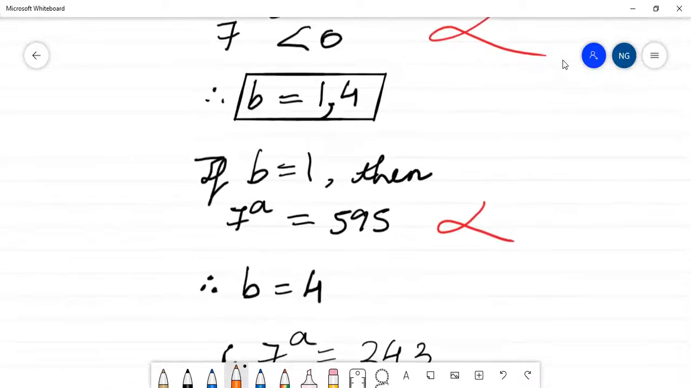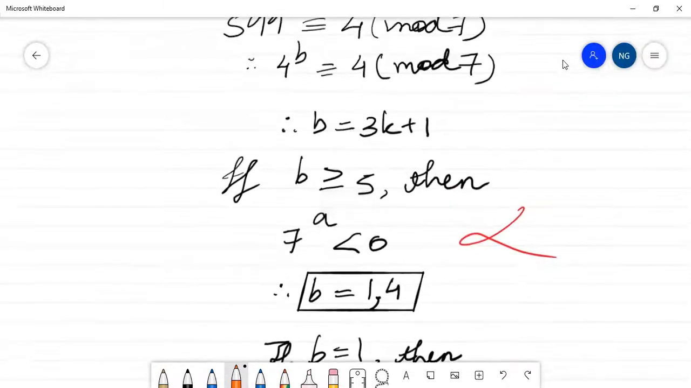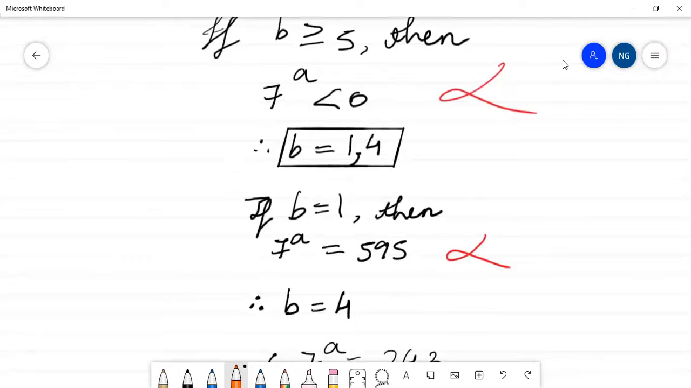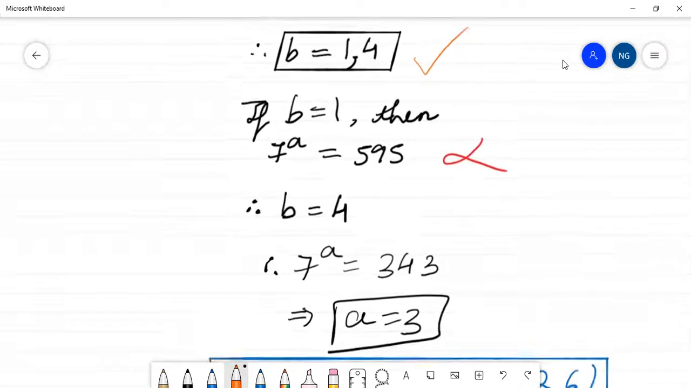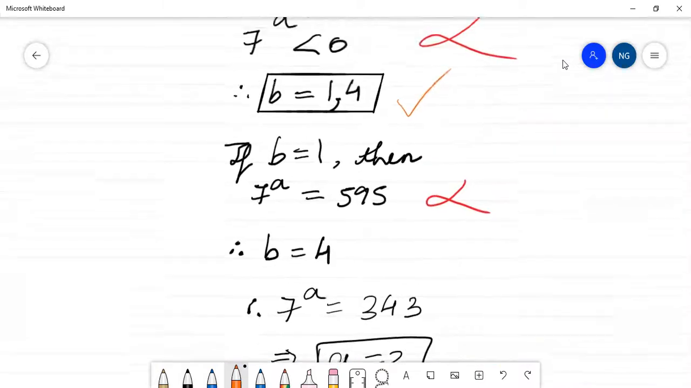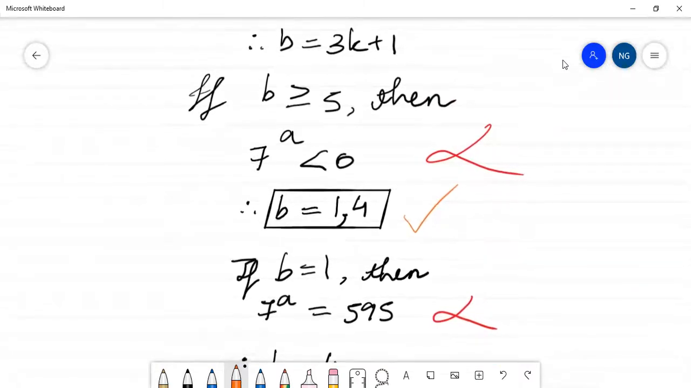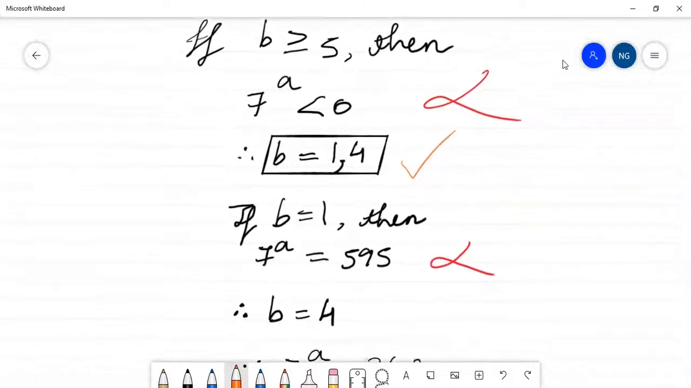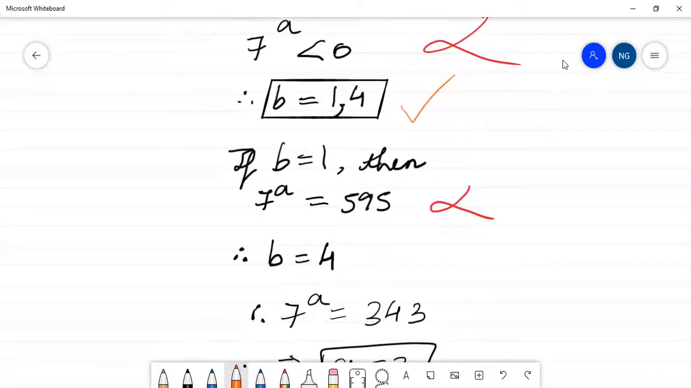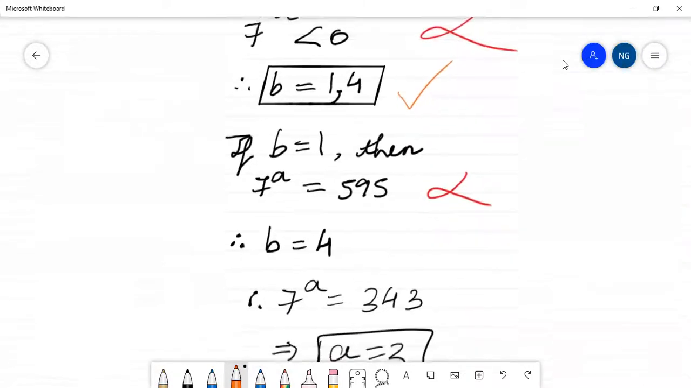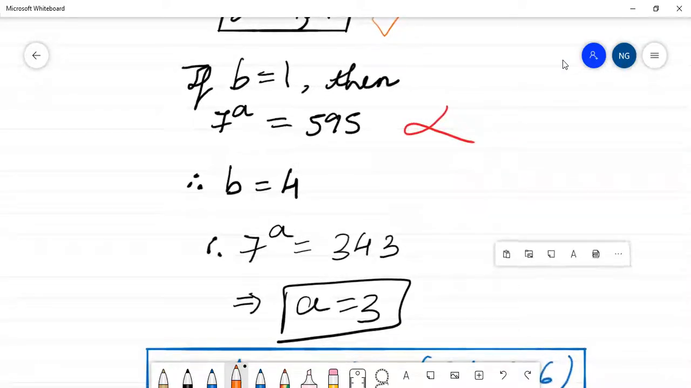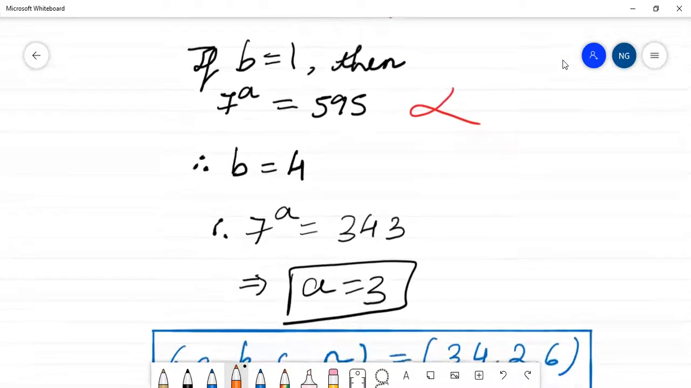If b is greater than or equal to 5, then 7 raised to a will be less than 0, which is again a contradiction. Therefore, b is equal to 1 or 4. If b is equal to 1, then 7 raised to a is equal to 595, which is a contradiction. Therefore, b is equal to 4, meaning that 7 raised to a is equal to 343. Therefore, a is equal to 3. Therefore, the only solution to this Diophantine equation is